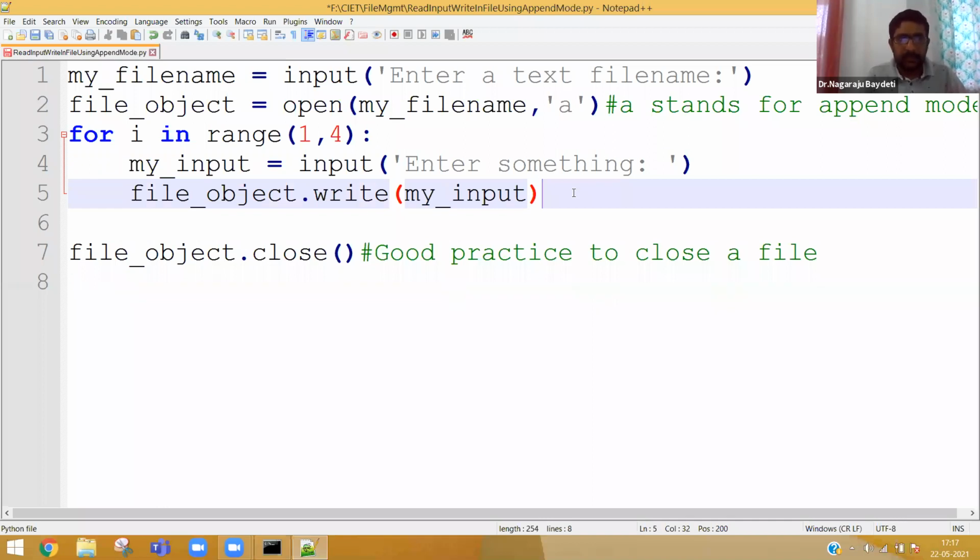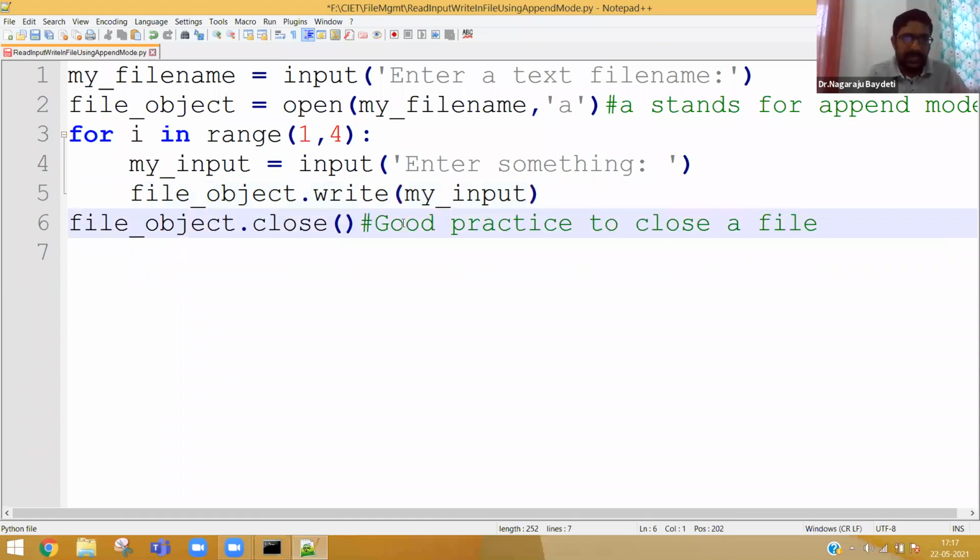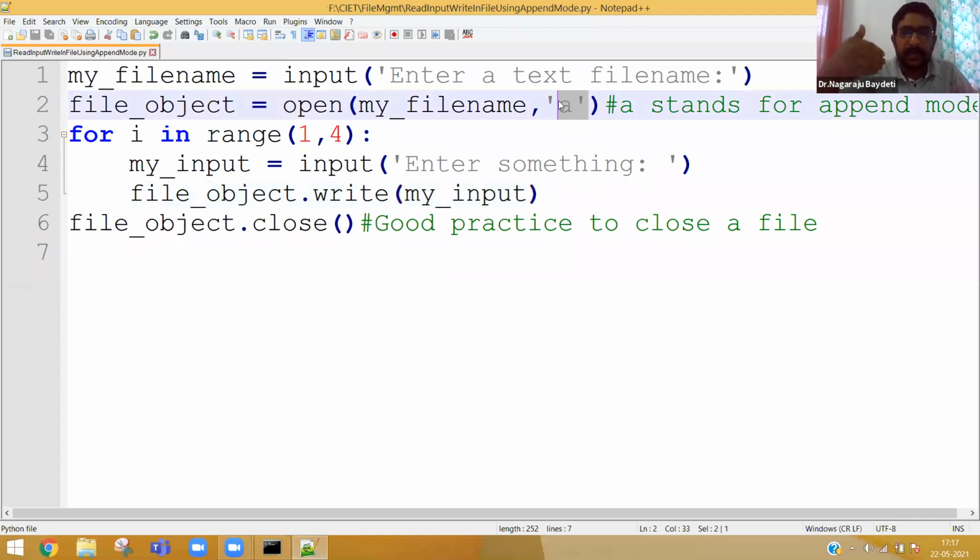Okay, so that's it. Same program. The only difference is I used an append mode, and to show you the previous output will not be erased, purposefully I created a loop for 3 times so that all the 3 inputs will be written one